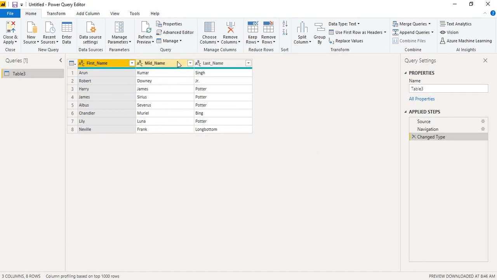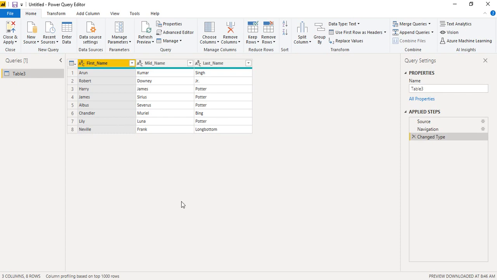Okay, so if we try to work upon it, what we have got is the whole of our table present over here with the different columns and all the data. The table name, or whatever entry we are working upon, is present over the left side. Over the right side we have something known as the properties, in which the name of the table is given as table 3. If you want to change it, you can. And then there is this applied steps option, which will show you whatever steps you have applied onto this table, and if you want you can change or delete any of these steps or repeat any of these steps as per your choice.